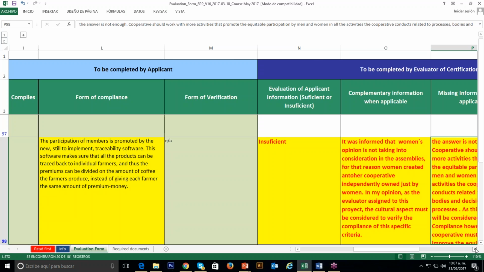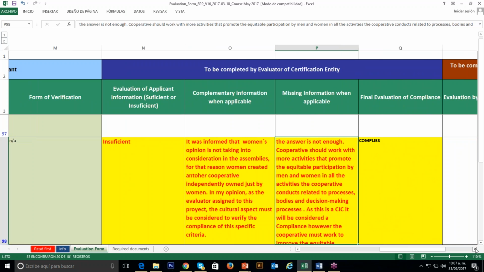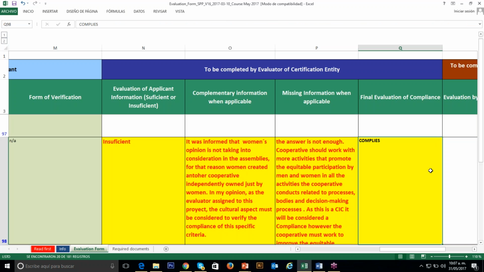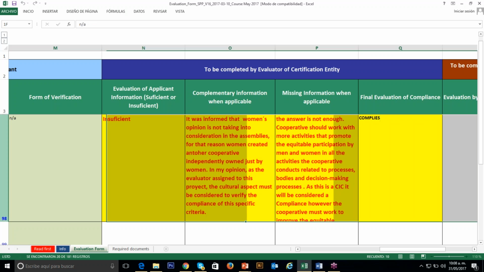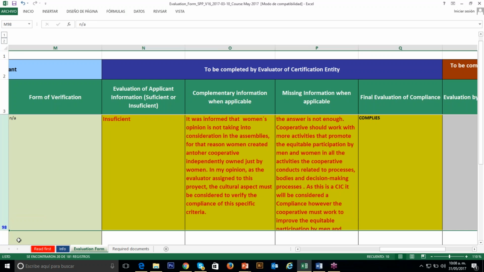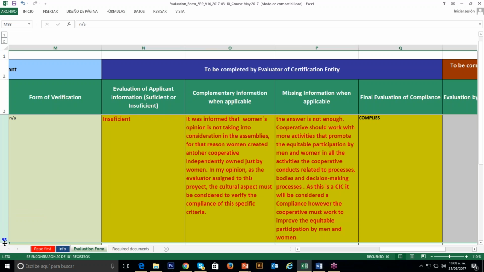Finally, in the next column, the answer is not enough. Cooperatives should work with more activities that promote equitable participation by men and women in all activities. This is a continuous improvement criterion. It would be considered a compliance. However, the cooperative must work to improve the equitable participation. For that reason, I wrote finally complies. But it is important that you write as evaluator all this information, because next year or next 2 years,